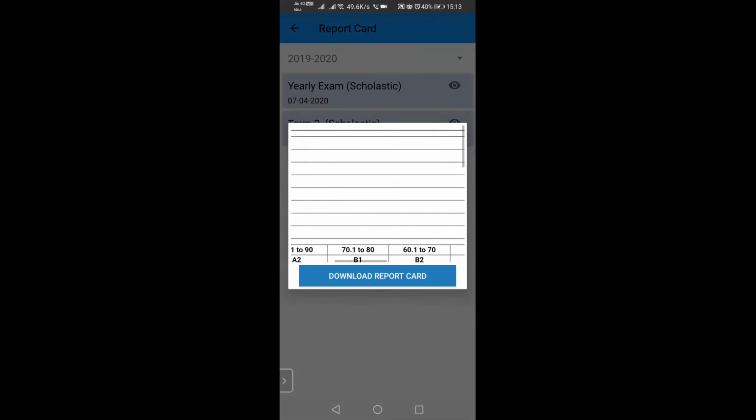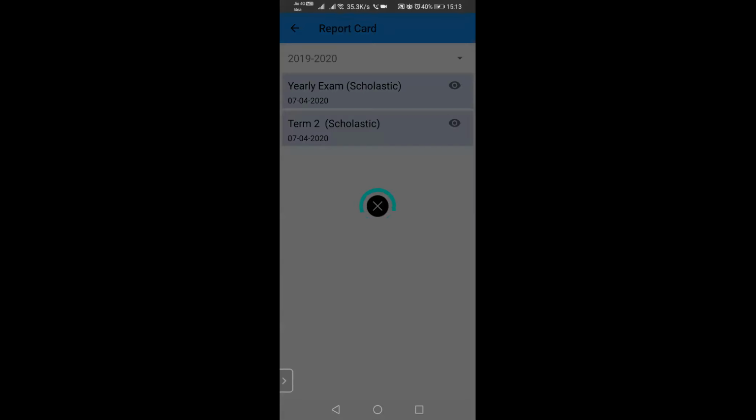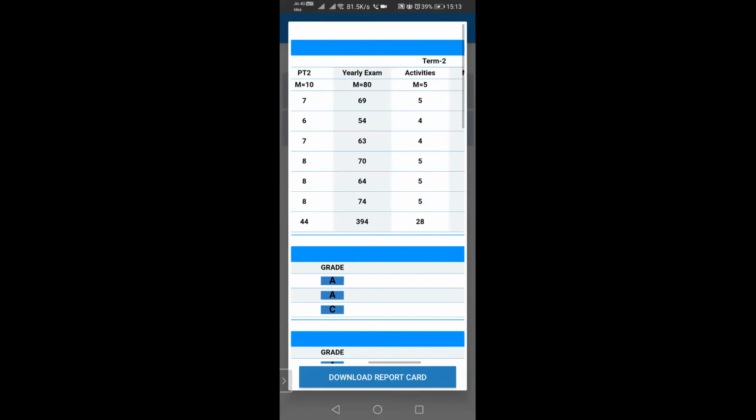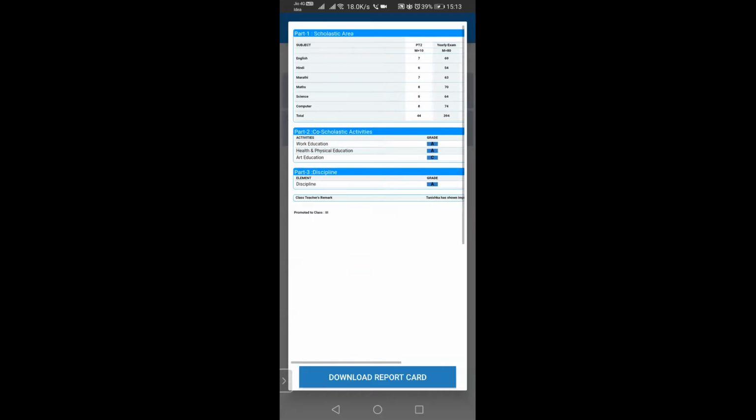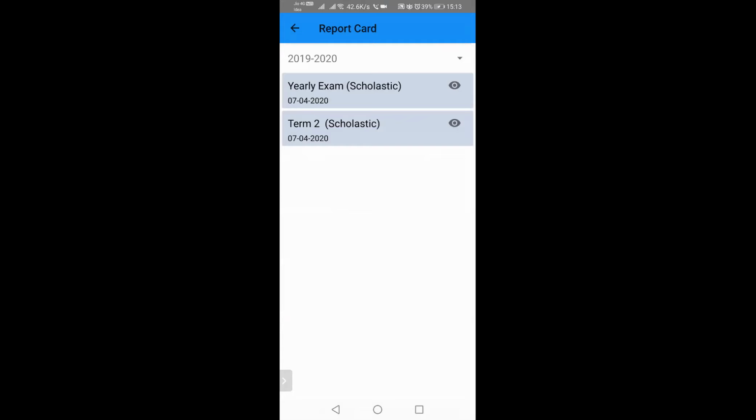So this is how they can keep track and check all their results on the mobile app itself. Even if you are giving a hard copy printout, it's advisable to publish this and keep it, so that it's available to the student on the mobile app itself. All these progress cards and everything. Okay, so this is how it looks on the mobile app of the parent. Any queries, please ask.